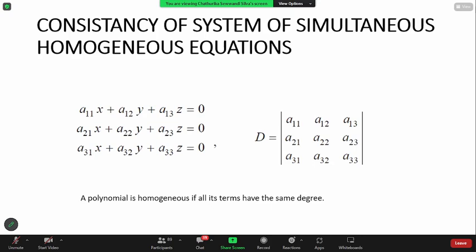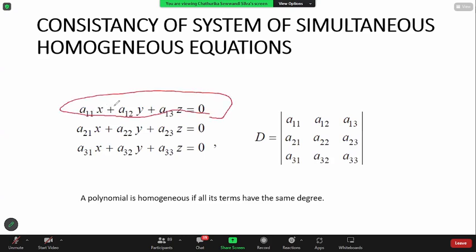So in maths, homogeneous equations. What do you mean by homogeneous equations? A polynomial is homogeneous if all its terms have the same degree. Now, what do you mean by a degree? So if you consider one equation,